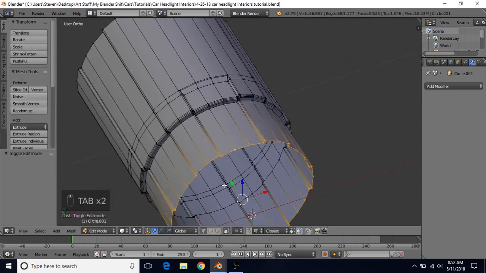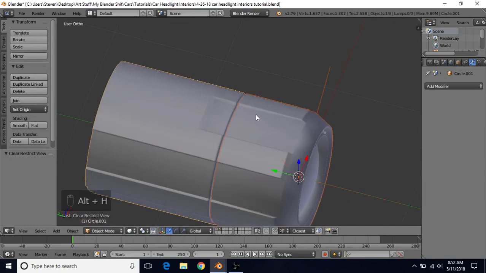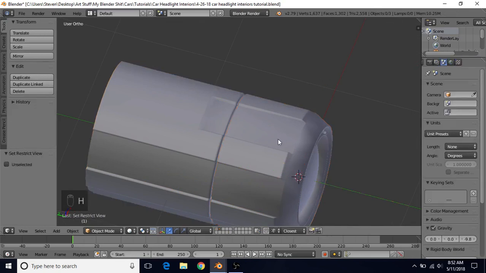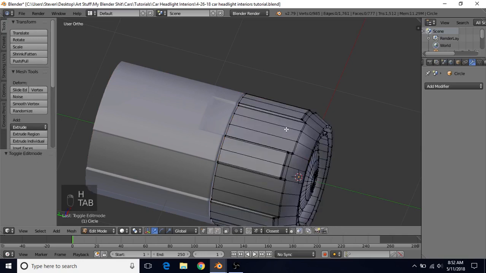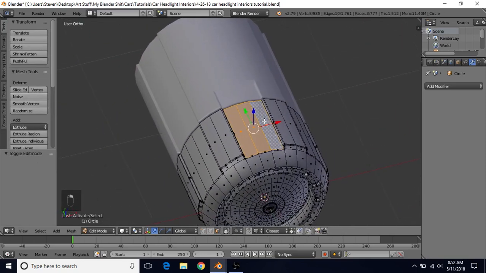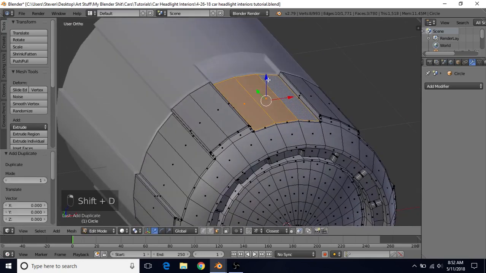That's up to you. And next what we want to do is start making the hole for this area, but we're going to do Alt H because the hole is in this piece actually. Then we're going to select this empty and press H to hide it. We're going to select this piece and tab into edit mode. We're going to switch to face select and select these three faces. We're going to do Shift D to duplicate, right click to cancel, then we're just going to bring them up